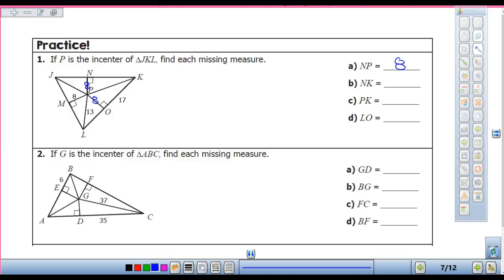Alright, so, now somebody wants to find PK. Okay, so we can go ahead and do that. How are we going to find PK? So what are we using? The Pythagorean theorem, good. So I'm hearing some people set it up, which is 17 squared, which is 289